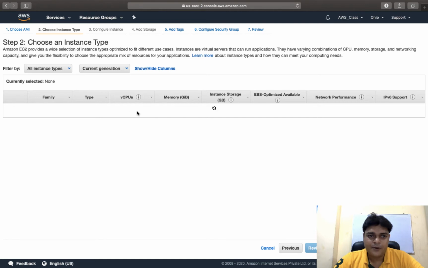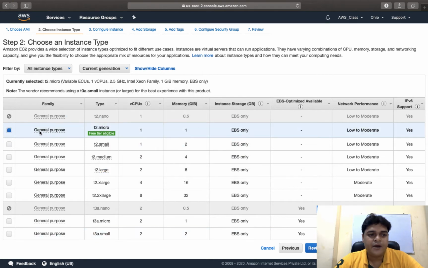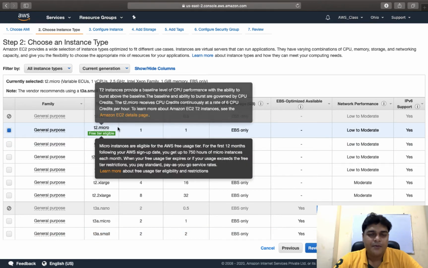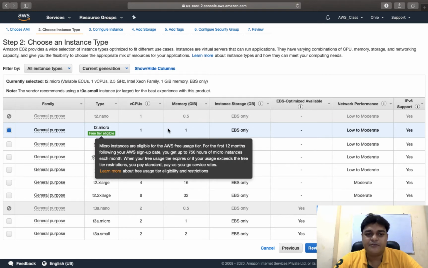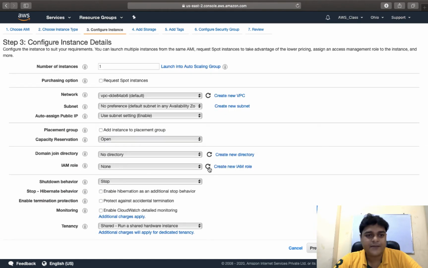This is the information about the hardware configuration that you want to connect with your virtual machine. As we know that we are using a free trial account, I'm going to proceed with T2 Micro, because the T2 Micro configuration gives you free access of 750 hours per month. No need to make any changes related to the configuration. Next, we are planning to create a single virtual machine.